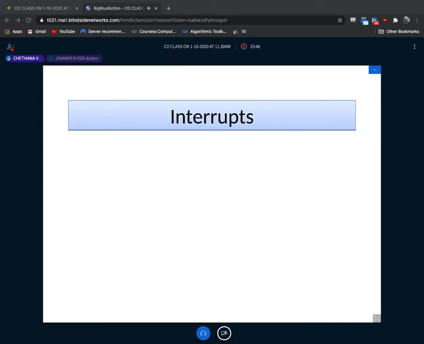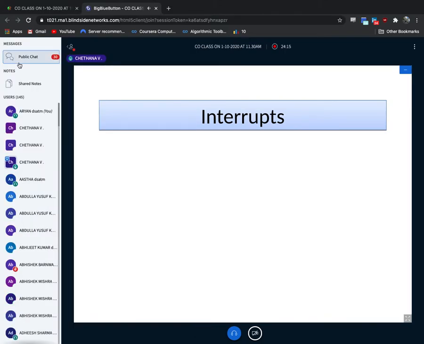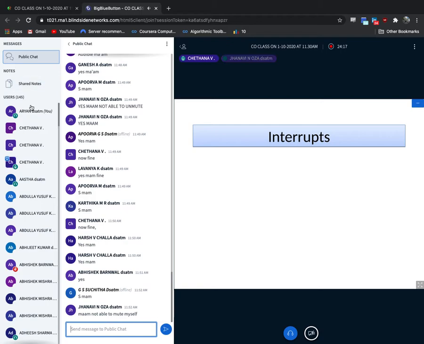And if two to three students are logged in with the same login on 2 or 3 devices, I think that's why it's showing 140 viewers. I don't know why. That shouldn't happen. Only 90 students should be there with the login. Why are there 143? I don't know why. Okay, please don't do that. Each student should log in only one time.